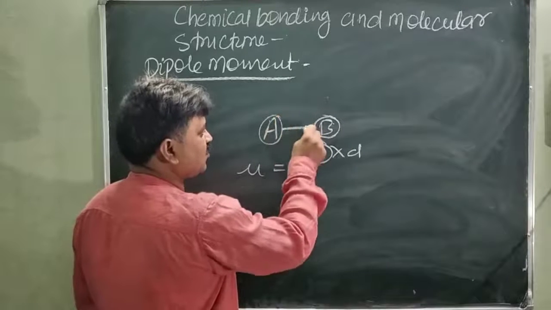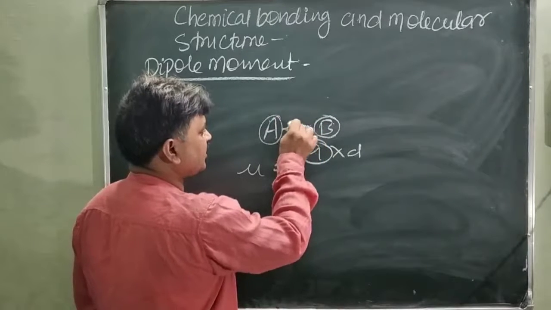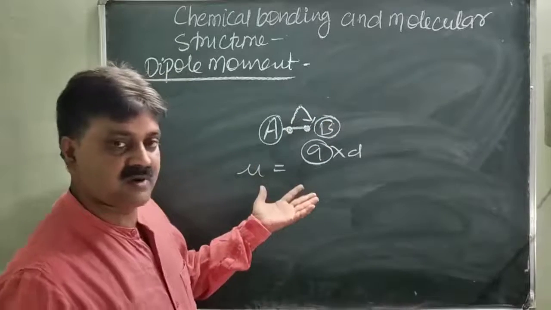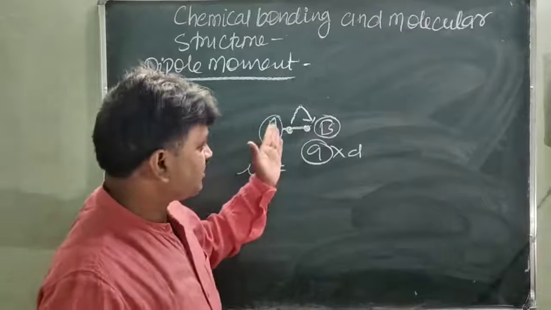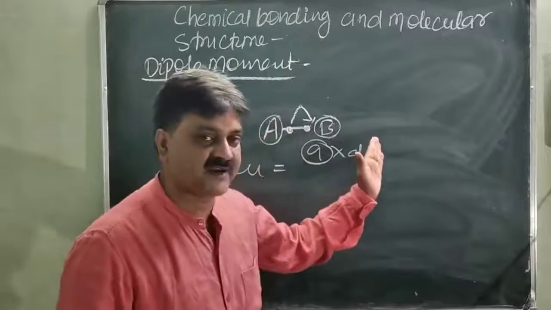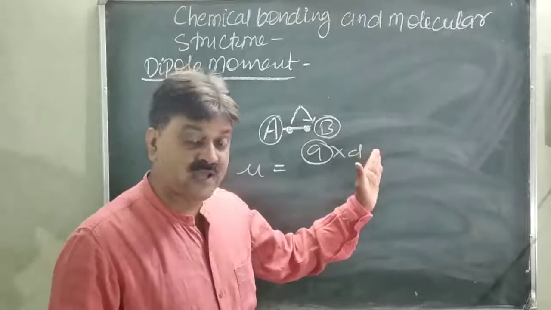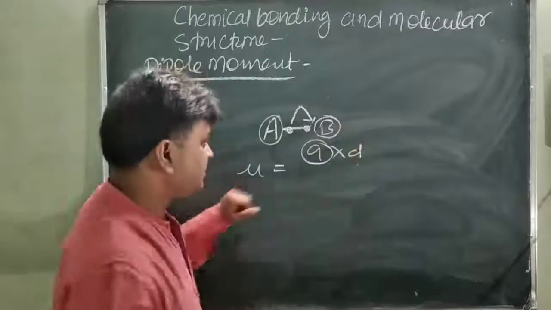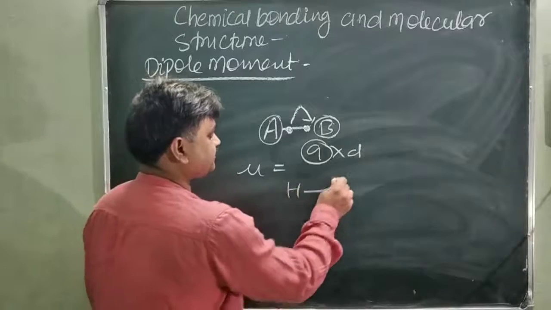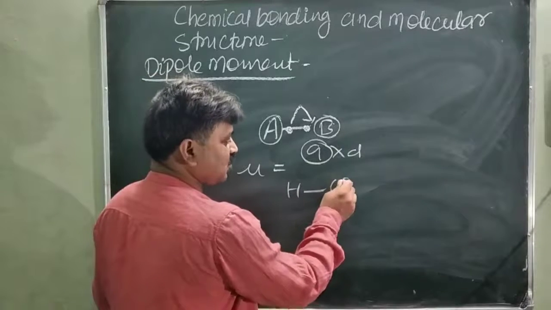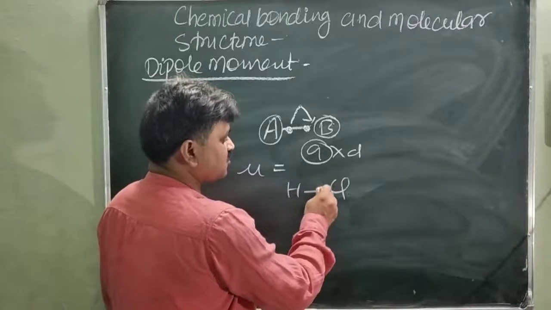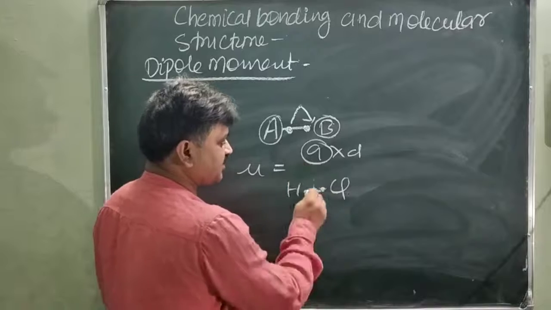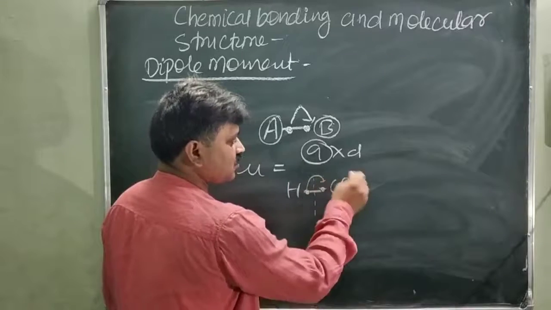Which atom will have the more electronegativity? The shared electron always moves toward this. So charge is developed when the covalently bonded electron moves to one side, toward the atom having more electronegativity. This is the reason. Just like in the case of HCl, chlorine has more electronegativity, so the shared electron is never present in between both the nuclei. The shared electron is always present toward the chlorine atom.